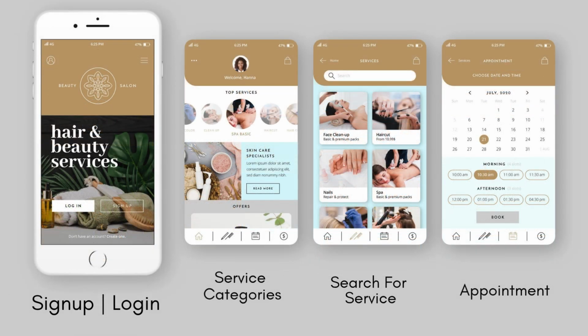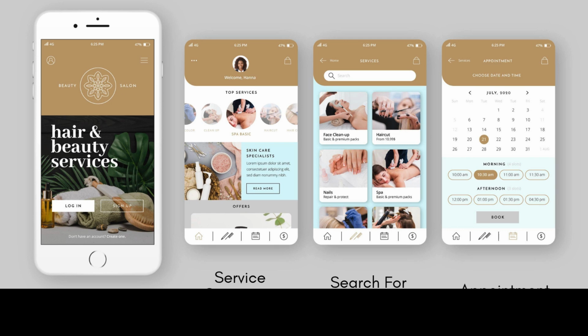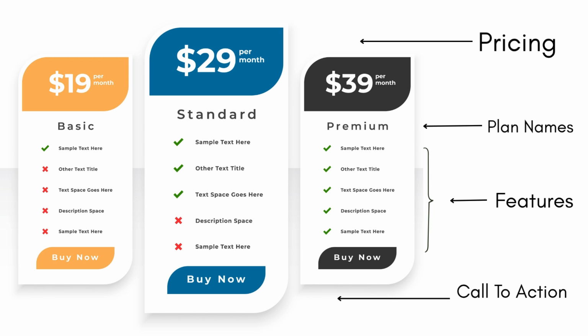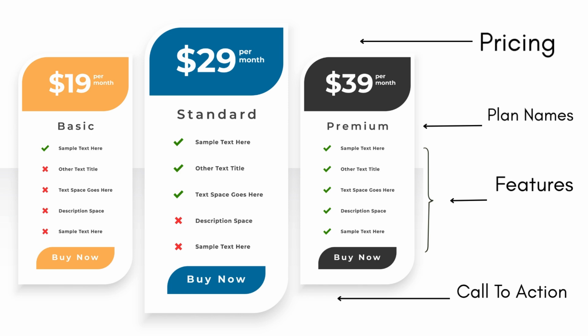Each screen should do just one job, and it should lead to one clear primary action. No clutter, no confusion. Let me give you a quick example. On the pricing page, the plan names should be in bold so they stand out. Prices, make them larger because that's what people are scanning for. Features should be grouped into clean bullet points, no long paragraphs. And your call to action, the buy button or subscribe button, that should be in high contrast, easy to spot,